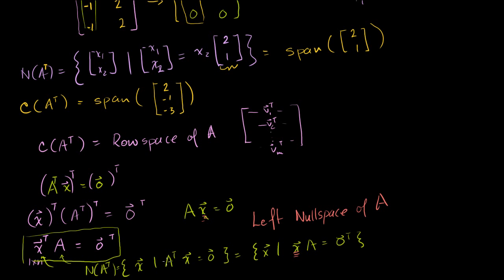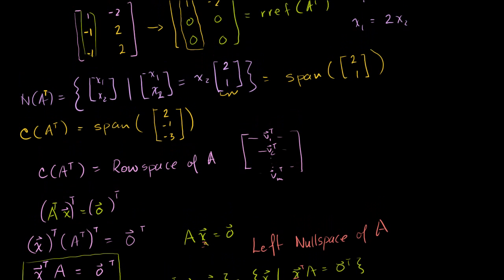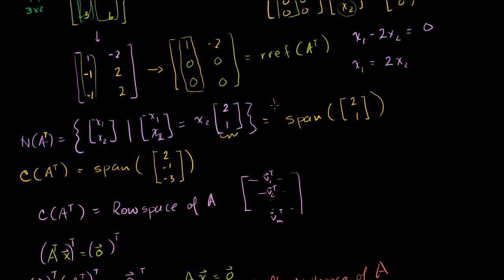But now, if you take the null space of the transpose, using just our transpose properties, that's equivalent to this transpose vector right here. Actually, let me write this as transpose right there. This transpose vector multiplying A from the left-hand side. So all of the x's that satisfy this is the left null space. And it's going to be different than your null space, because your null space of A transpose was a span of this right here. This is also the left null space